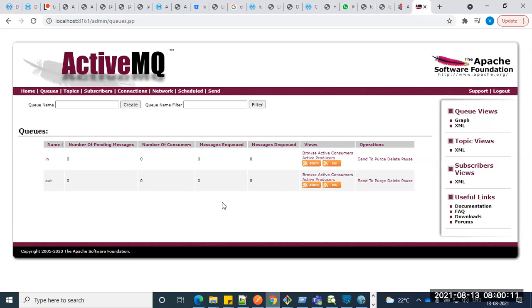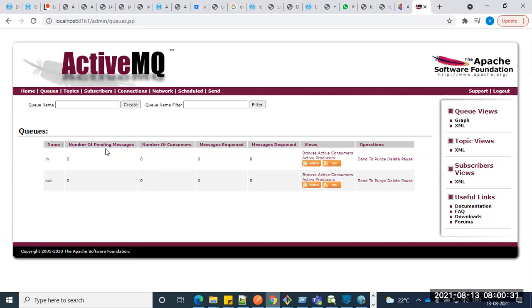Even in Amazon we have the SQS and SNS concepts, where you can store messages like what we are doing here with MQ. What I was trying to highlight is that every queuing mechanism has its own limitations.